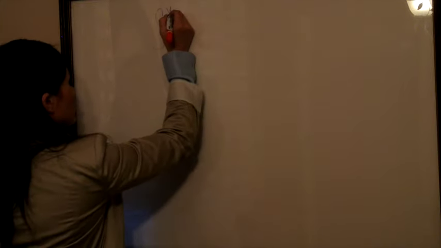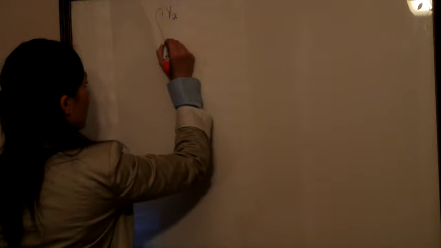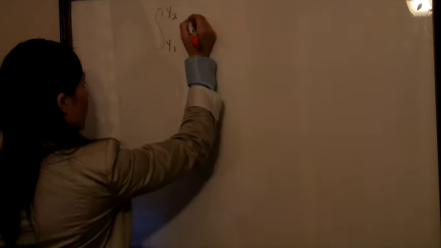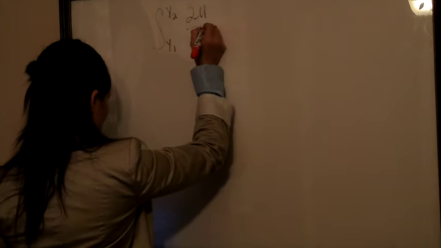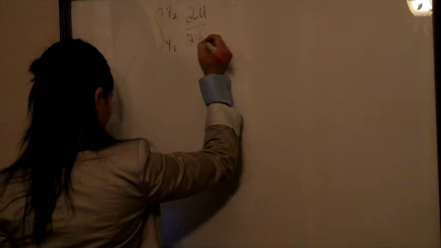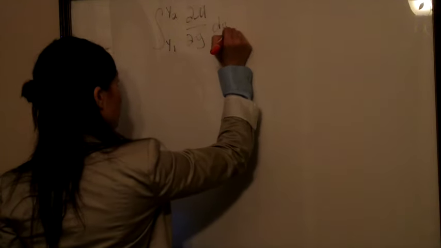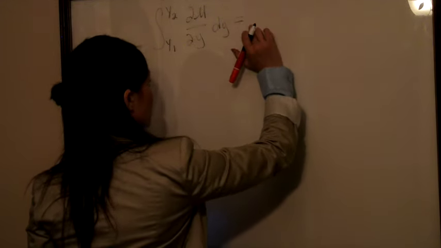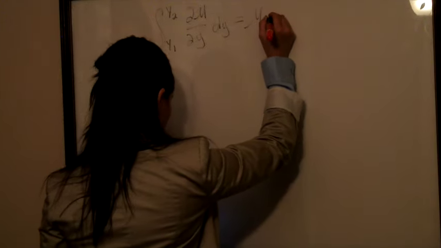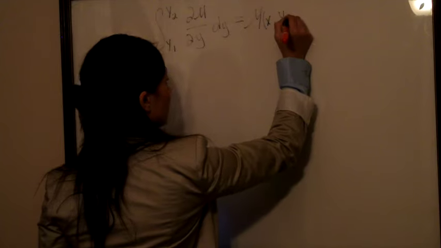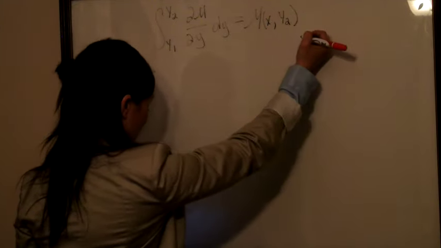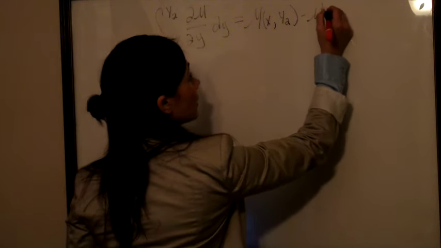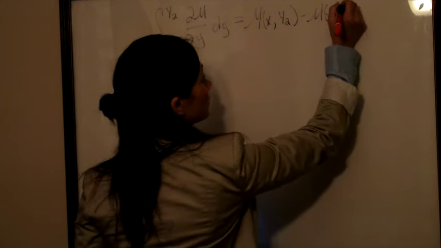So when we use the fundamental theorem of calculus, we have the integral with y2 for upper and y1 for lower of partial M over partial y dy, which is equal to M(x, y2) minus M(x, y1). So then we'll take that with a double integral for the region of partial M over partial y dx dy,